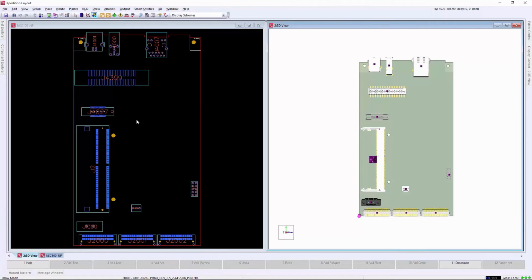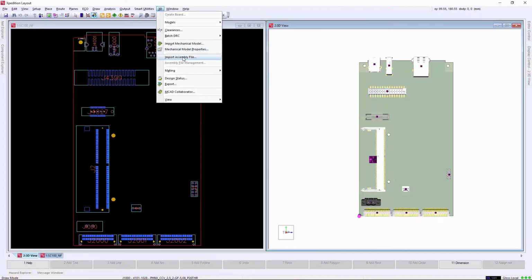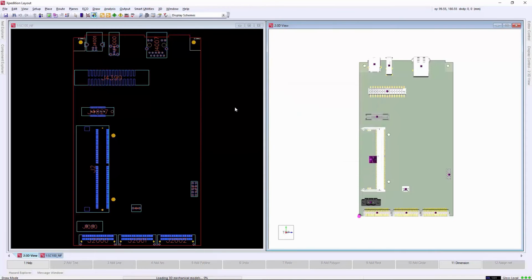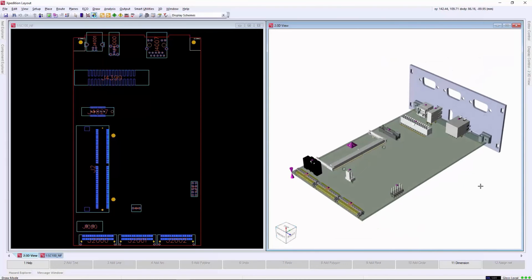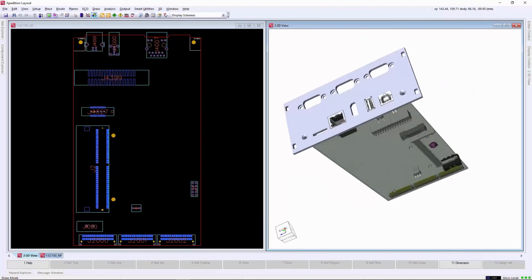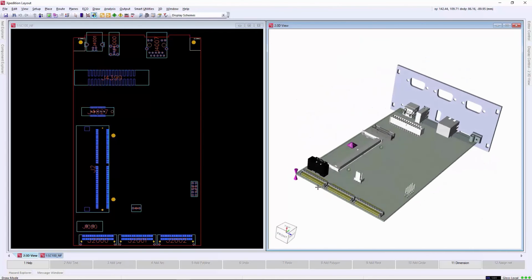Once the baseline is applied into my design, I can import a mechanical assembly file that contains the mechanical models and the NX assembly with the alignment and orientation of the panel. This will help me to define a placement strategy. Now that we have our initial setup, I can continue my part placement of electronic parts in the PCB design.